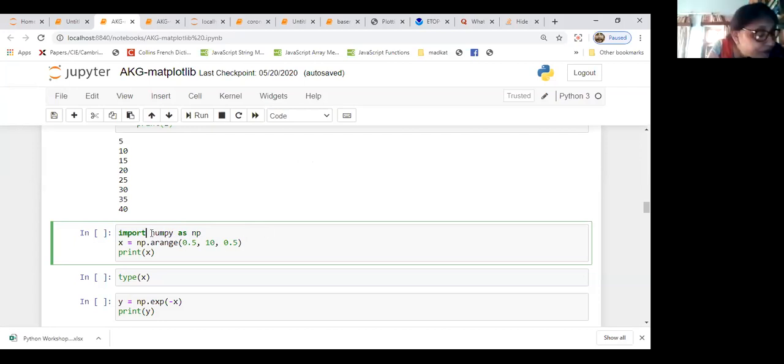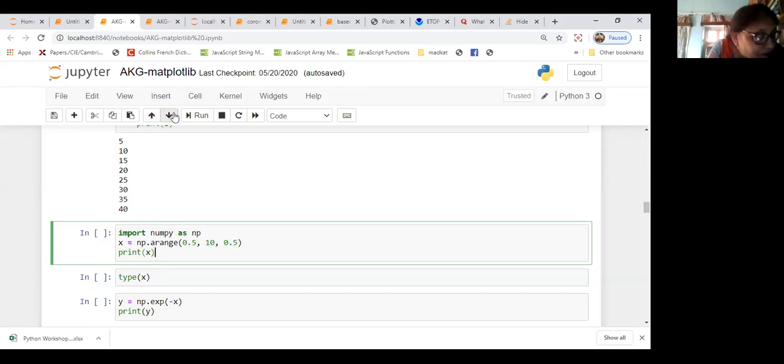Okay. So this NumPy is necessary for array management. So suppose this is import numpy as np, and inside that you have arange, a function. Inside that I write first 0.5, say this is the beginning, and the number 10, the numbers will start from 0.5, end at 10, but you don't touch 10, and the interval will be 0.5. If you write this and then print this, and you now assign this set of numbers to x, x is now my variable and it is now a NumPy array.